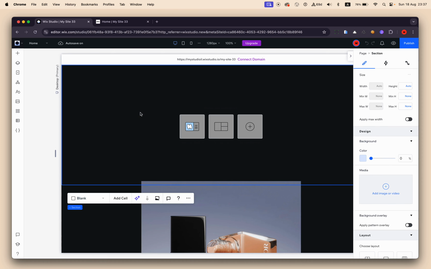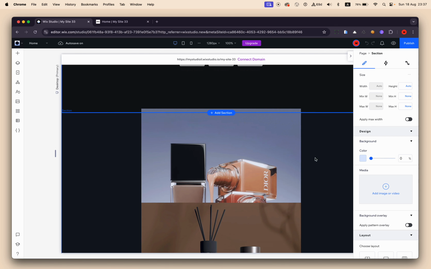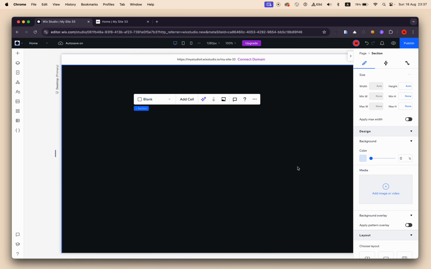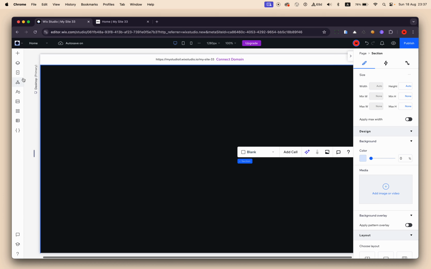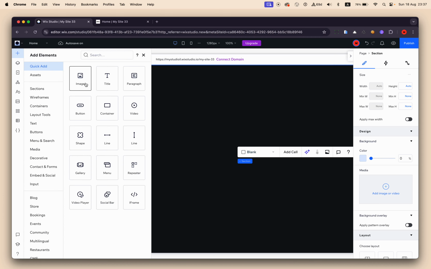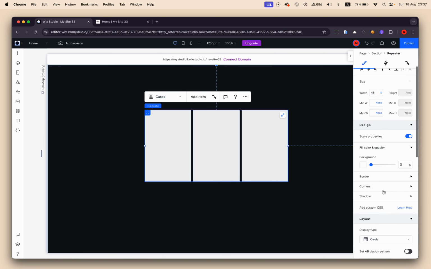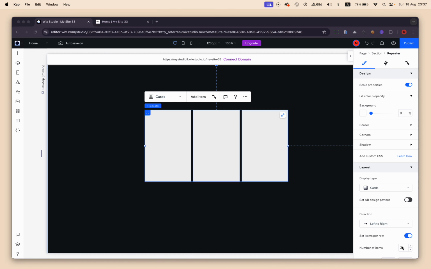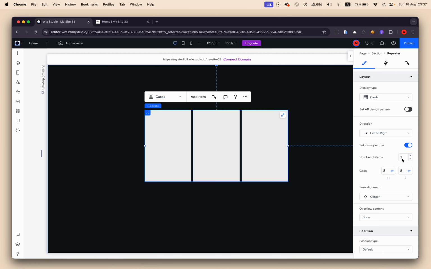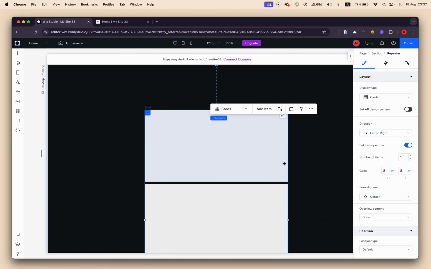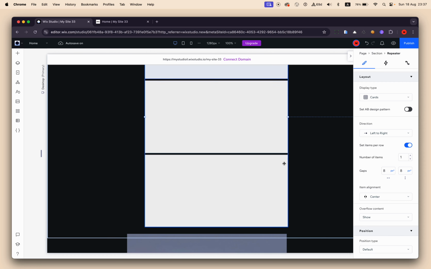So we will take this section to create it. So let's make it bigger. And of course we need a repeater. So let's drag a repeater here, right here. And I choose to display one item in the row. Okay, so go right here and put one. So it looks something like this. Great. Now let's center it,